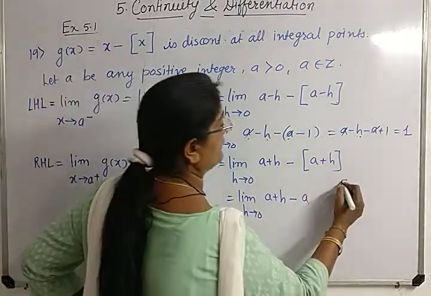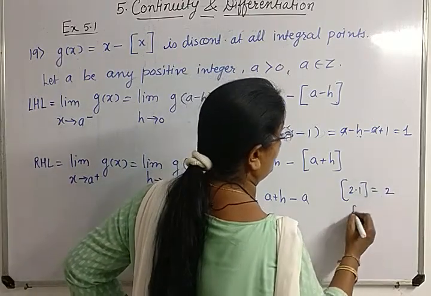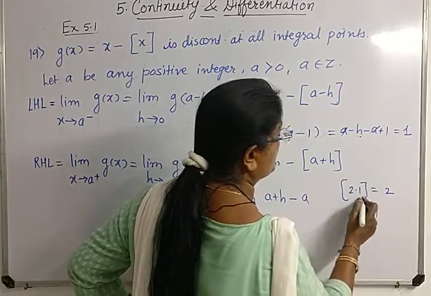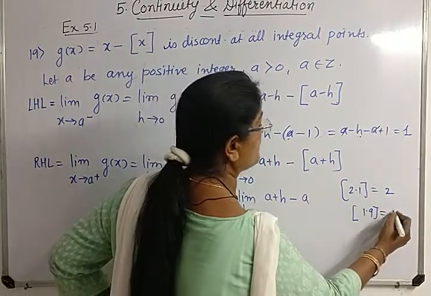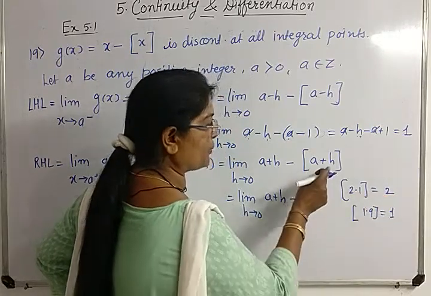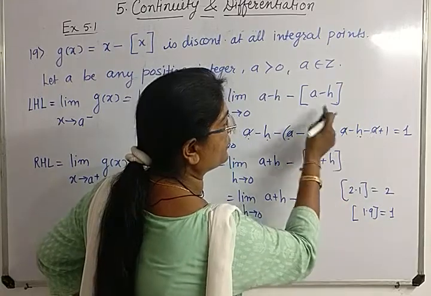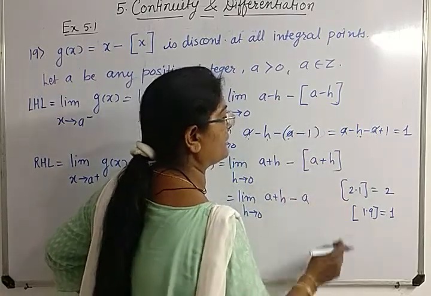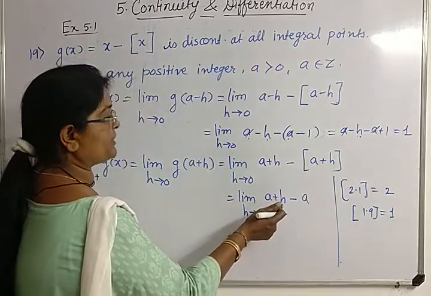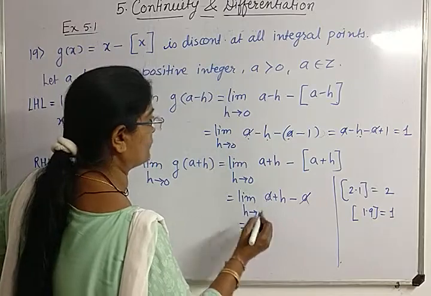Because greatest integer of 2.1, it is 2, and greatest integer of 1.9... 2 में से हमने 0.1 माइनस किया तो इसका आंसर 1 आता है. तो ये एक से कम होता है और ये एज इट इज वही रहता है. तो पॉजिटिव के लिए वही रहेगा, निगेटिव के लिए एक नंबर कम हो जाएगा तो a में से हमने 1 माइनस कर दिया. This is the explanation. Now put the value of h as 0. So a minus a cancel, answer will be 0.